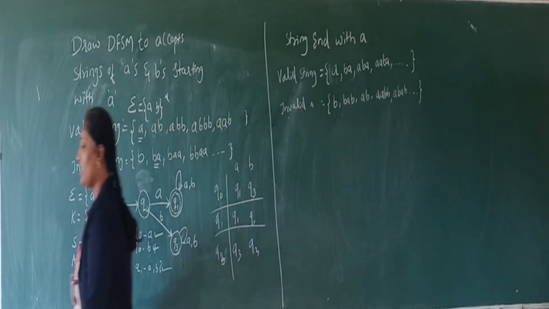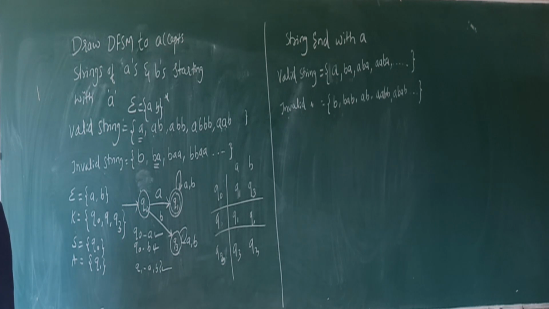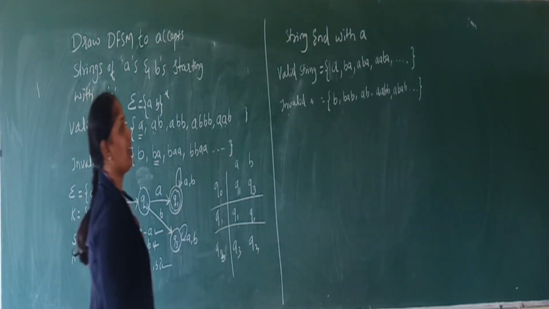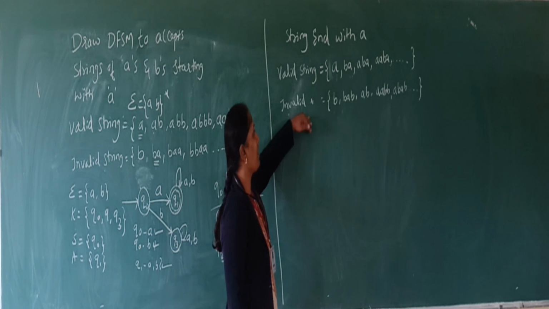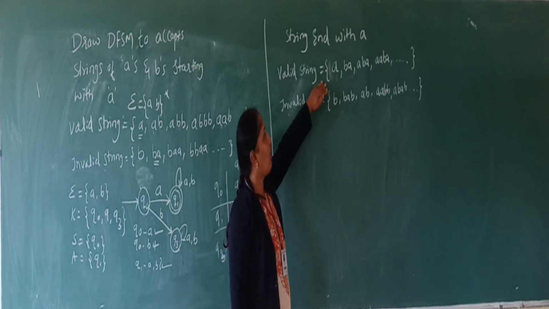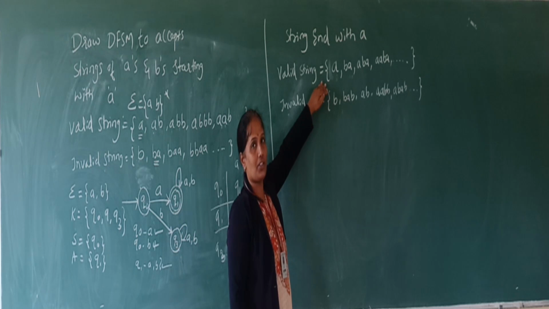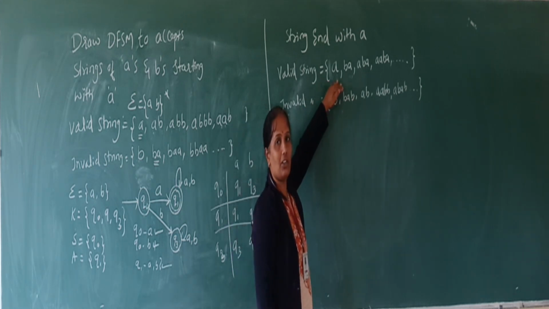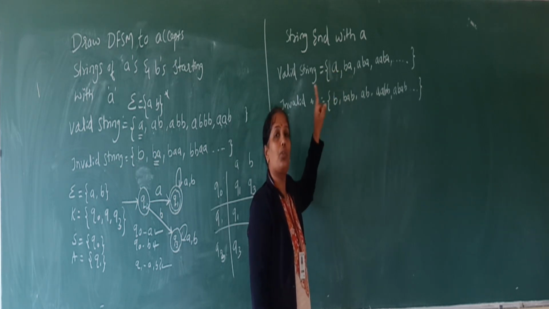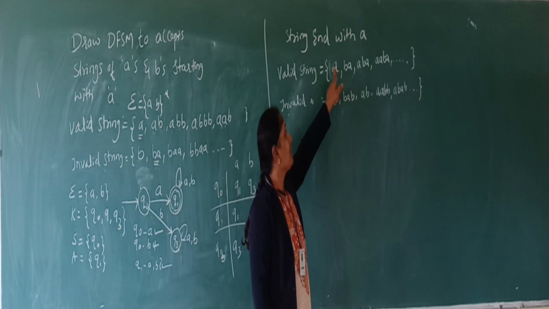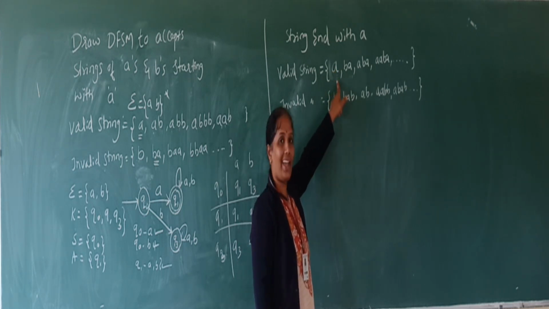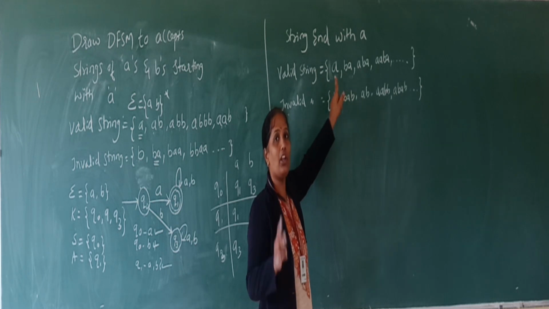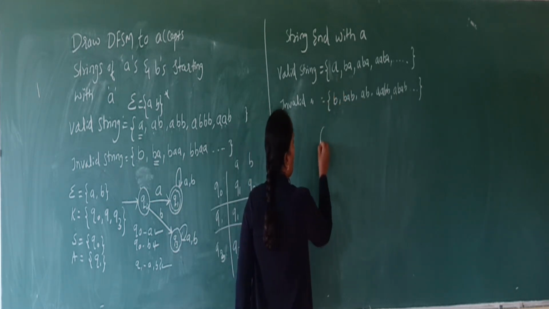The next step is to recognize the number of states. The number of states is based on the minimum string occurring in the valid string list. The basic structure of a DFSM, in most cases, depends on the minimum string in the valid string list. So, the minimum string is A. To accept this A, how many states do I require? Characters plus 1. Only one character, so I require 2 states. So I will draw the DFSM here.